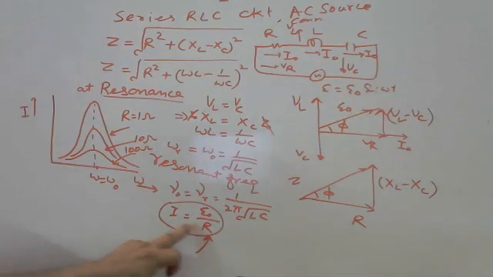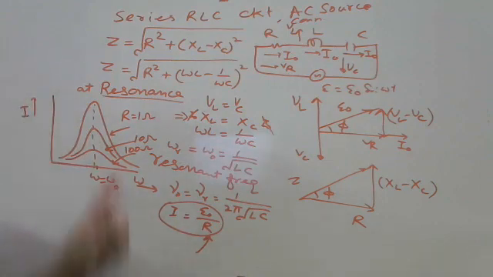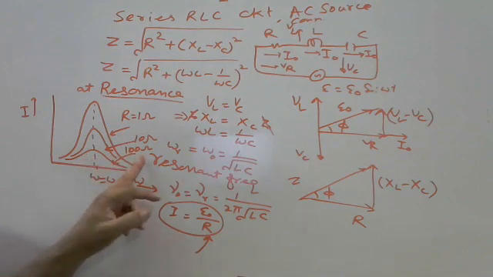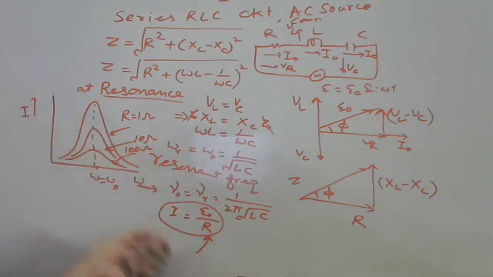If it is less, it will be more. In these curves we can see the sharp curve we are getting if resistance is less, and the blunt curve we are getting if resistance is more, because at resonance we are concerned with the resistance only. So at resonance only, resistance is important.